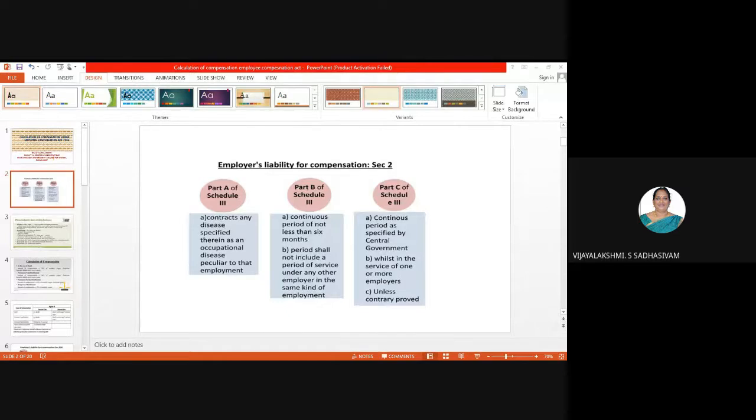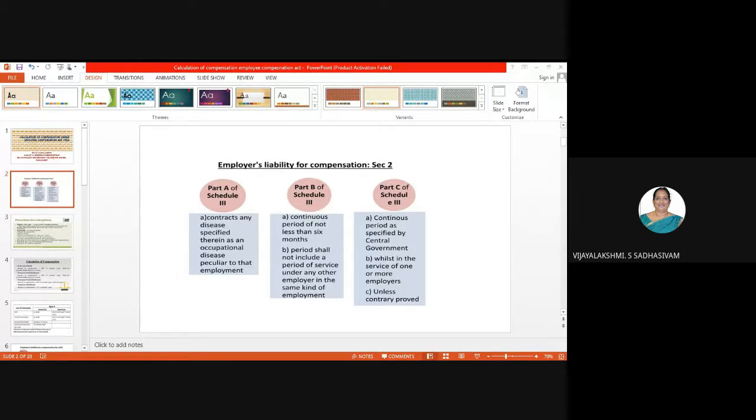Then Part C schedule has to be read with the continuous period as specified by the central government. So the period of disease is to be continuous and it is read by the central government specification. In this case, if he is in the service of one or more employers, he has to prove the contrary himself. Then what are the list of occupational diseases which fall under Part C? Any disease which is caused because of